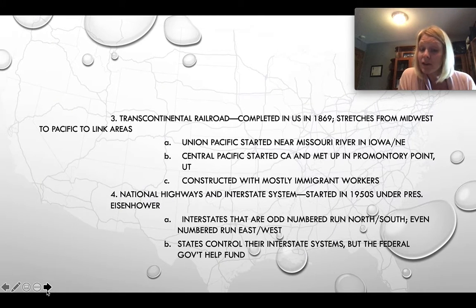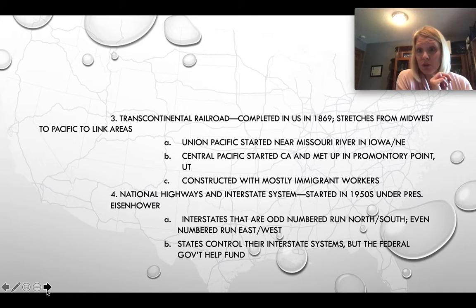The National Highway and Interstate System. This is another, once again, amazing feat of engineering that people were able to figure out. Now, again, we have all these natural resources. We have this abundance of land, but it's the people who figure out how to use the land and make it work for human beings. The interstate system was started in the 1950s by President Eisenhower, and it continues today. Now, it's both a state and a federal regulated system, but interstates, and I'm not sure if you can tell right here, maybe you can tell where Minnesota and North Dakota is on that map.